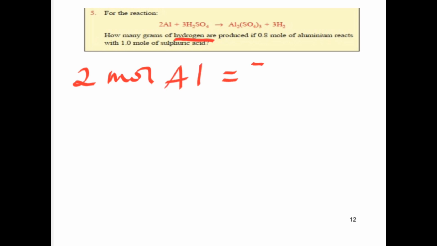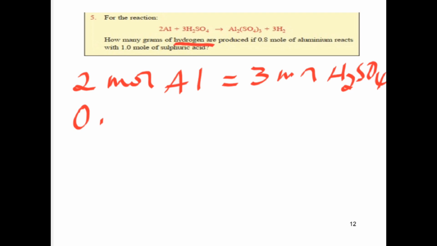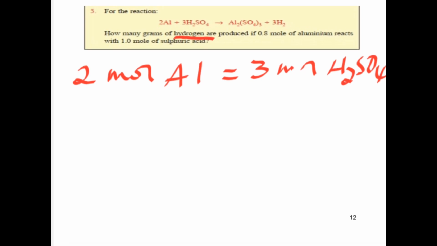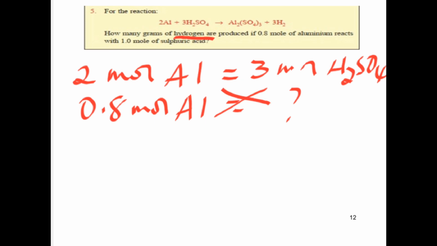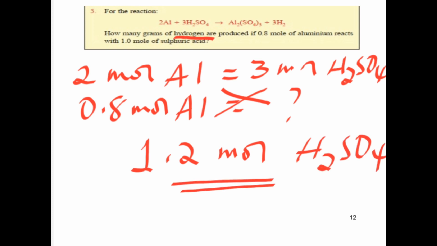0.8 ሞል ኦፍ አሉሚኒየም ካለን ምን ያህል ሞል ኦፍ ሰልፈሪክ አሲድ ያስፈልገናል ስለዚህ ይሄ 1.2 moles of sulfuric acid is needed ይሄን ያህል አማውንት ያስፈልገናል ግን ስንት ነው ያለን 1 ሞል ነው ያለን። ይሄን ያህል አማውንት ኦፍ ሰልፈሪክ አሲድ ያስፈልገናል ግን ስንት ነው ያለን we have only 1 mole of sulfuric acid ስለዚህ sulfuric acid ምንድነው ማለት ነው therefore sulfuric acid is the limiting reactant እንላለን ማለት ነው